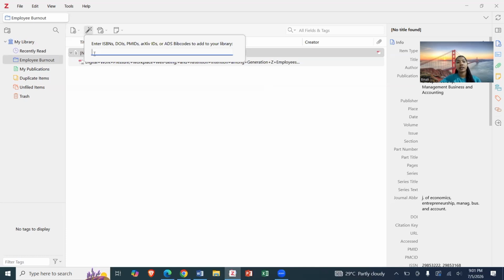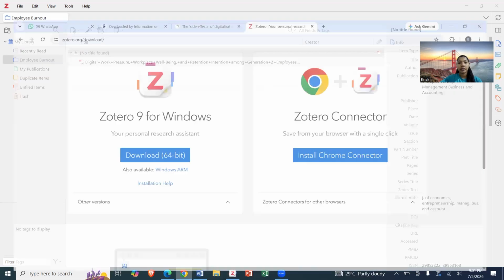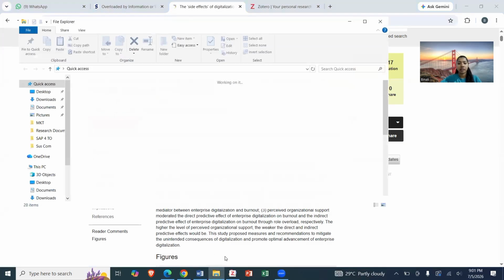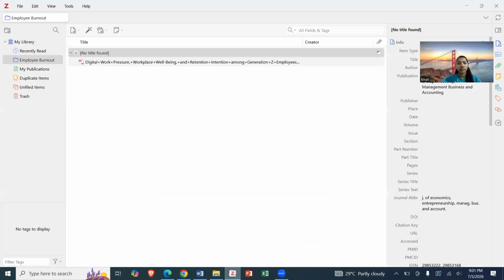In here we can enter our research ISBN number or DOI link. For that, select your research and click the link here and paste it in the Zotero application in here.